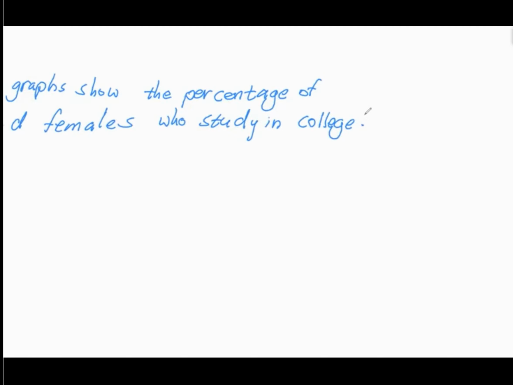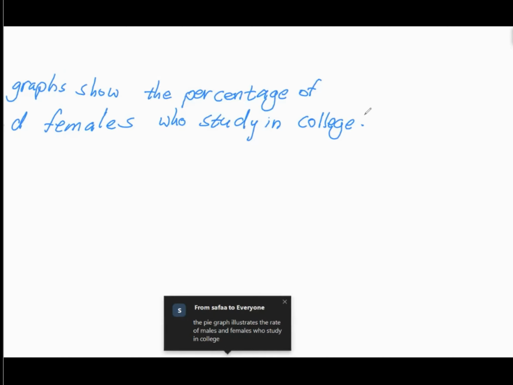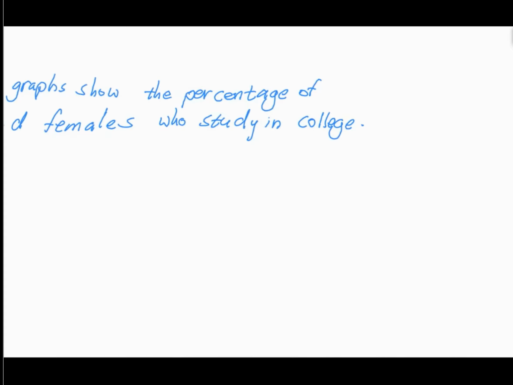Okay, this is the question. Here the question has no period of time. It means you are going to write about it in the present simple. If you do not see a period of time, write it in the present simple, the report. If there is a period of time in the past, you should use the past tense, okay? So sometimes it's without a period of time. The pie graphs show the percentage of males and females who study in college. Now try to paraphrase it. The pie graph illustrates the rate of males and females who study in college. Very good so far. So you change illustrate and rate. That's great.